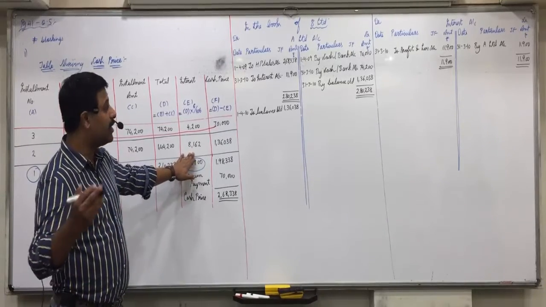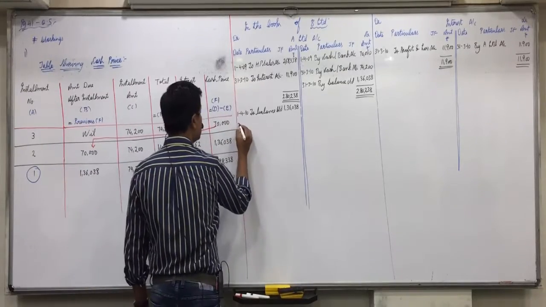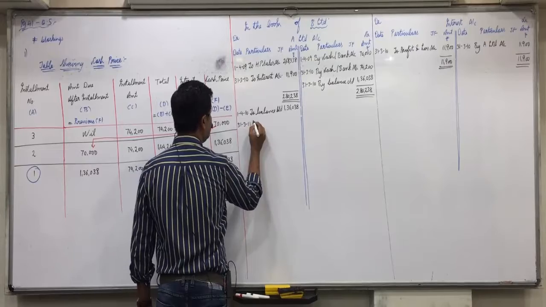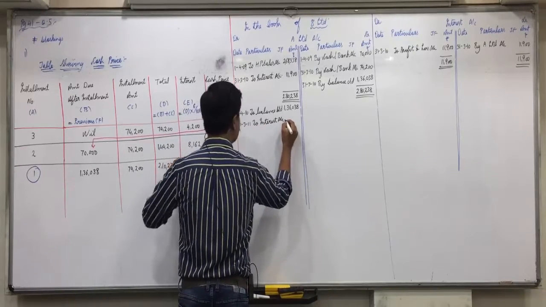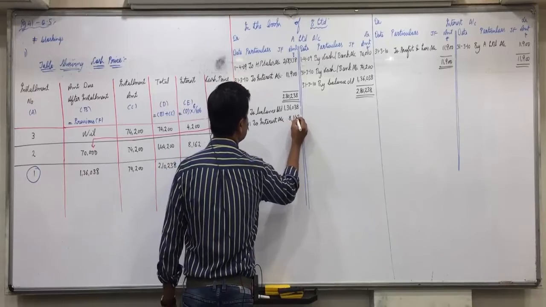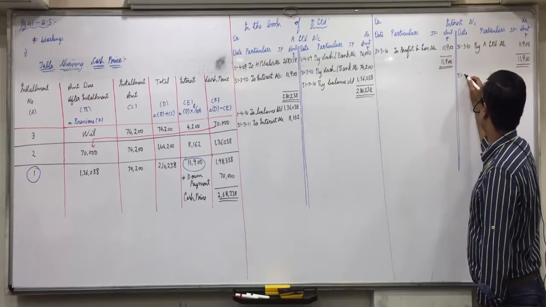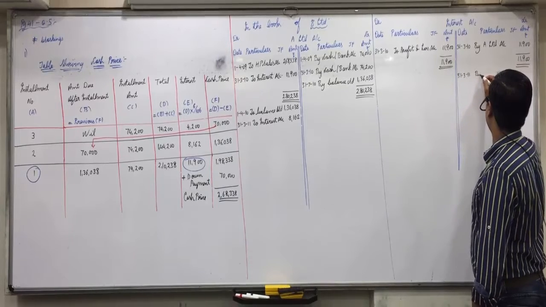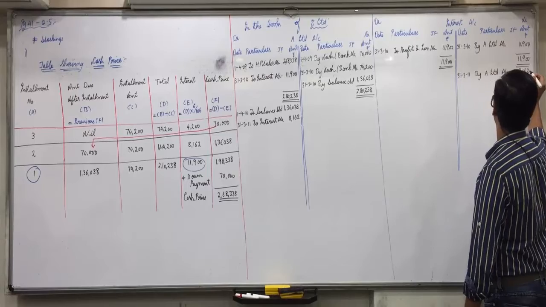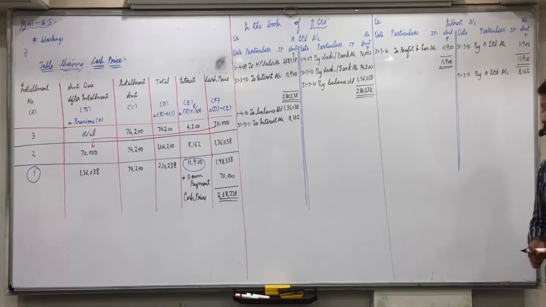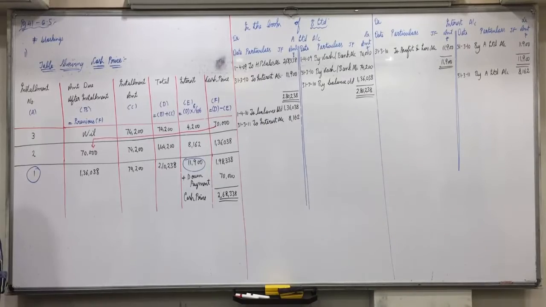For the seller, interest is an income. So interest account will be credited and A Limited account will be debited. A Limited account debit side, 31,311 to interest account, and the second installment's interest is 8162. Opposite side in interest account, 31,311 by A Limited account, and interest is 8162. Any doubt in this?